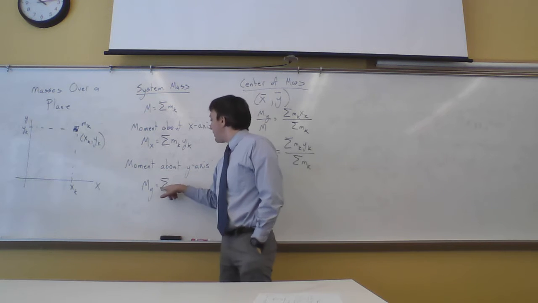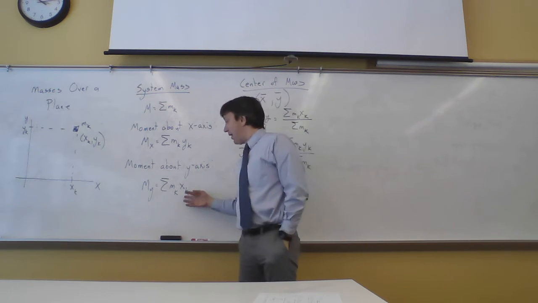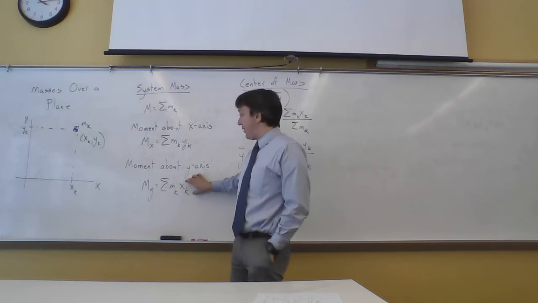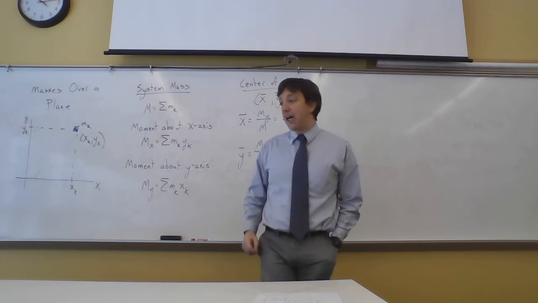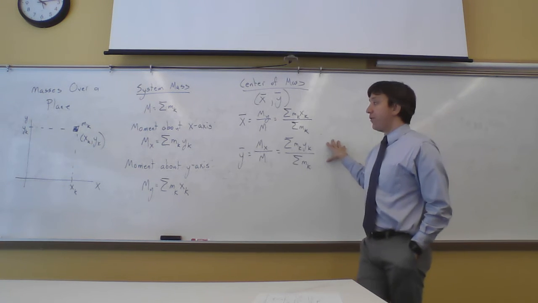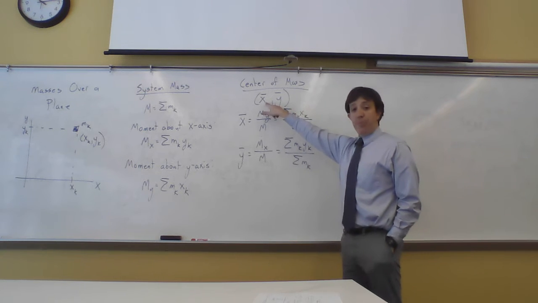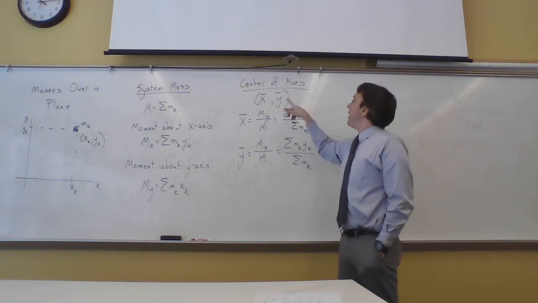M sub y is equal to the sum of the masses times their distances on the x, times their x values. Again, distances from the y-axis. All of which then can get us centers of mass. So if you have masses in a plane, the centers of mass have ordered pairs for their coordinates, x bar